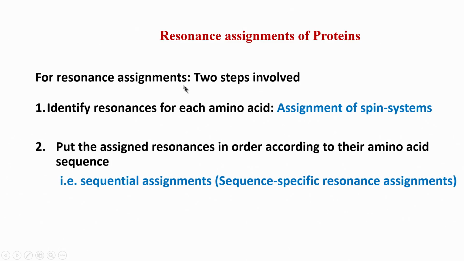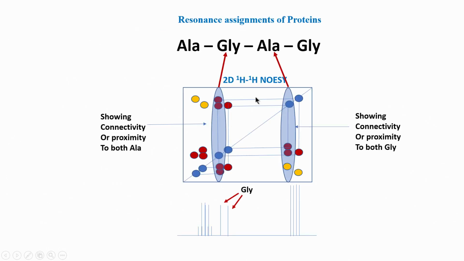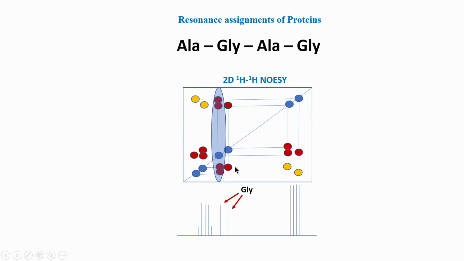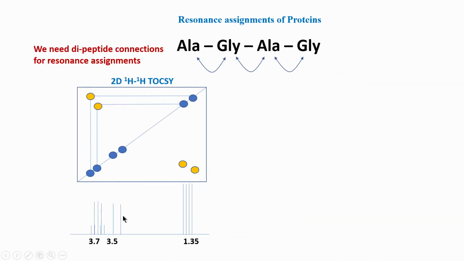Before that, if you go back to this picture and whatever we did here, we can actually see what the two steps were that we did first. If you go back one more step, here we first identified that there are two glycines, and that there are two alanines, based on the 1D spectrum. You can use the 2D also.